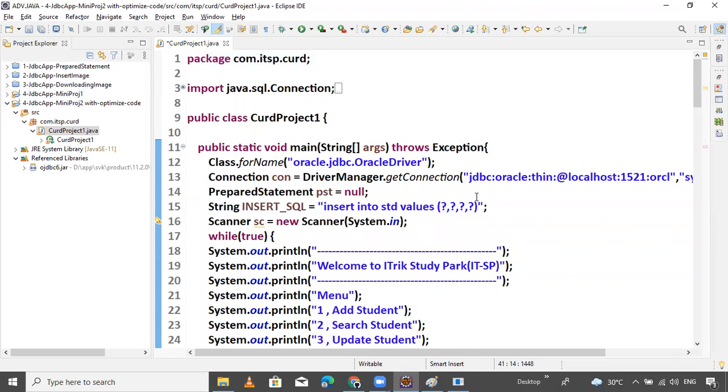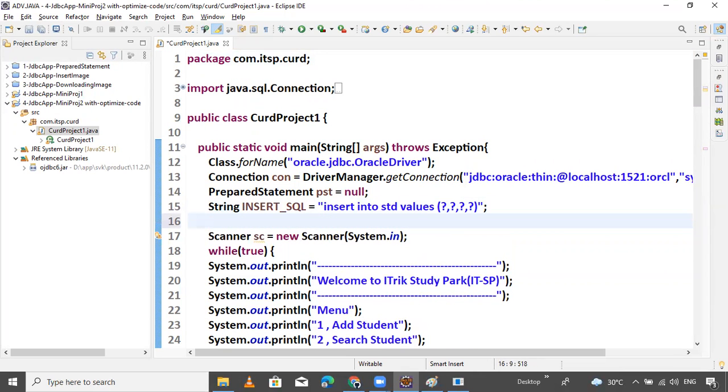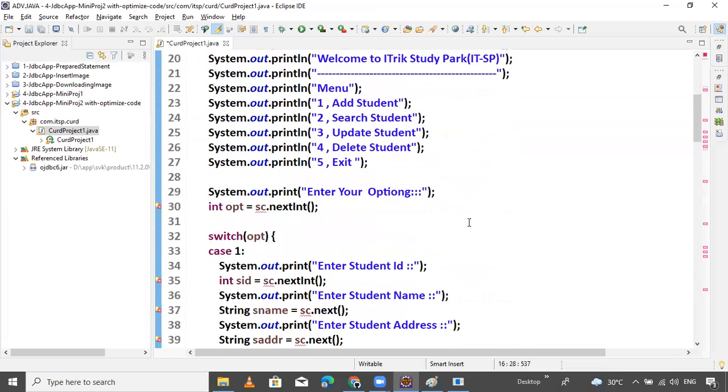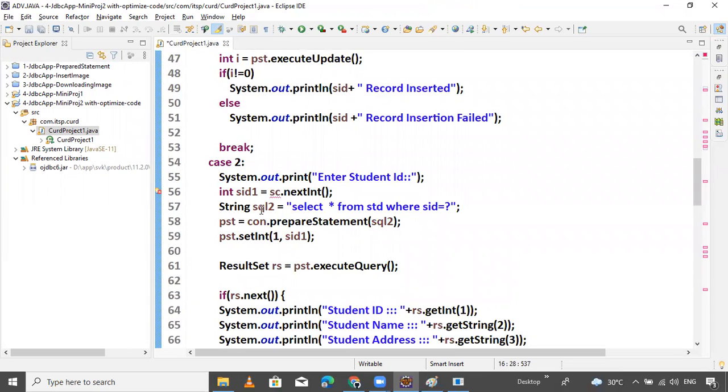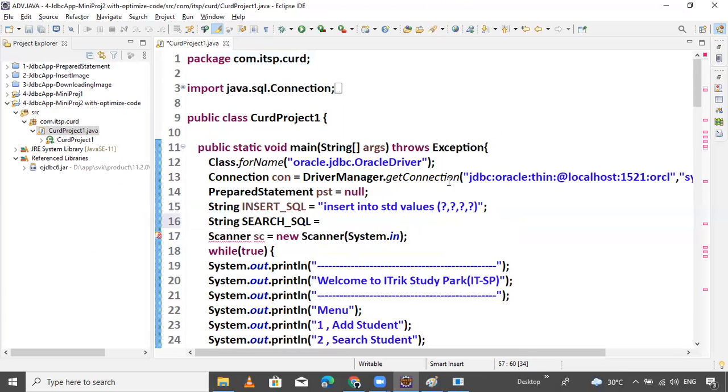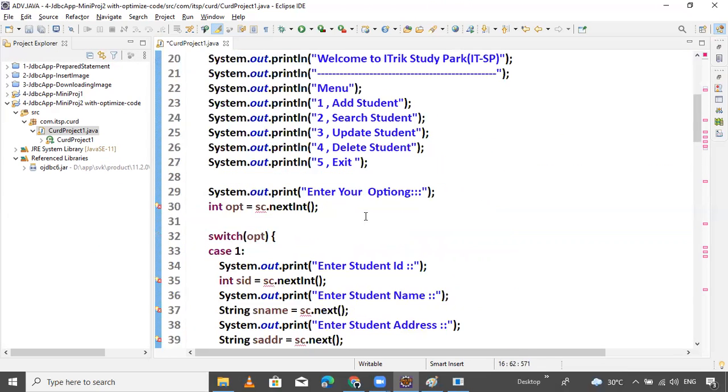Now the second query is search. String searchSQL. What is the search query of the SQL? Let's search for this query. Just copy and paste it here.